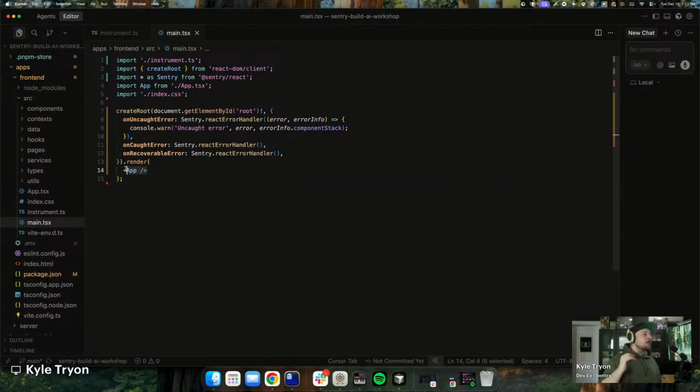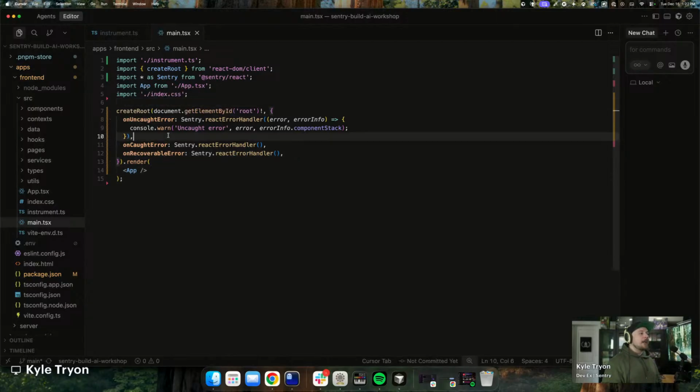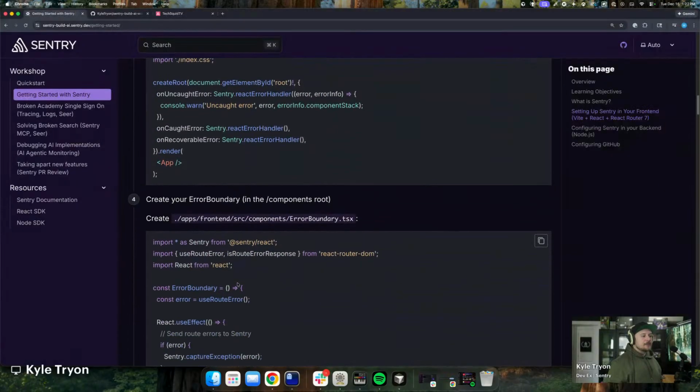And at that top level is this application. And if at this point you don't catch the error, it would just go away silently. So what we're saying is, hey, if we haven't caught the error at this point, this is our last chance. Take that error, send it over to Sentry. That's what we're doing right here. On caught error, Sentry.React error handler function, then we're passing in some information there. So quick global error check. Okay, now,